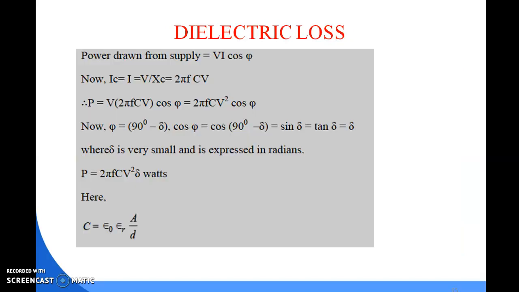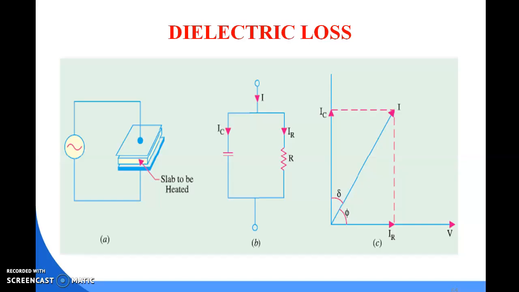So now, back to the point: the IR is equal to the supply voltage V. So V is equal to IR into R, and for IC, the capacitive current, V is equal to IC into XC. What is this XC? XC means capacitive reactance. That is XC is equal to 1 by omega C, that is 1 by 2 pi FC. We can say that XC is inversely proportional to frequency.